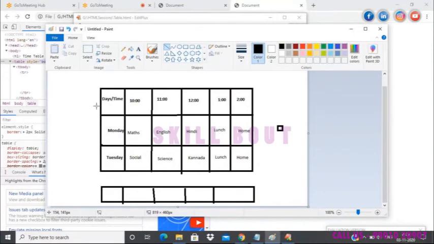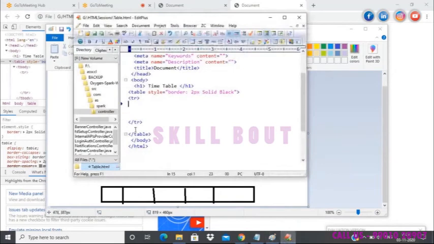When you want to convert this particular row with the number of columns and make it a header, you will have to use a tag called th. In it I have added Days forward slash time, whatever it is, doesn't matter.